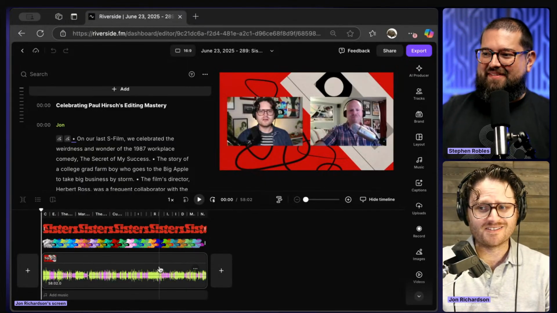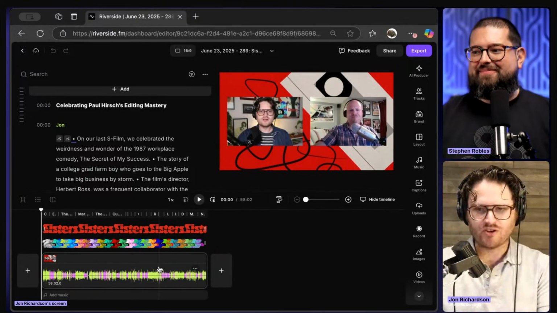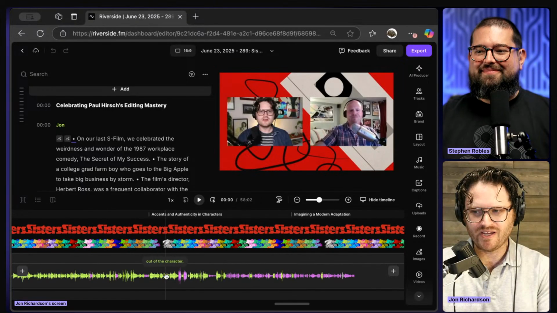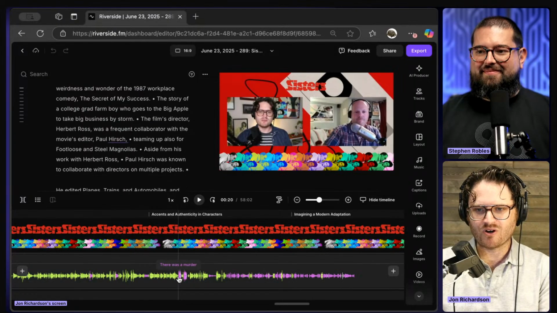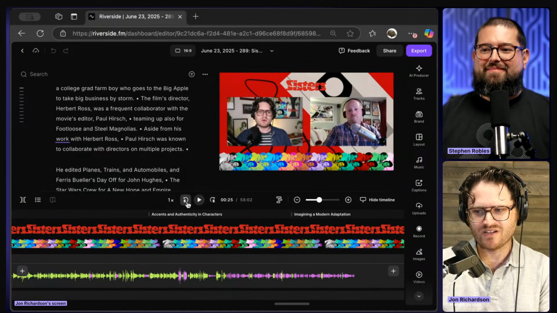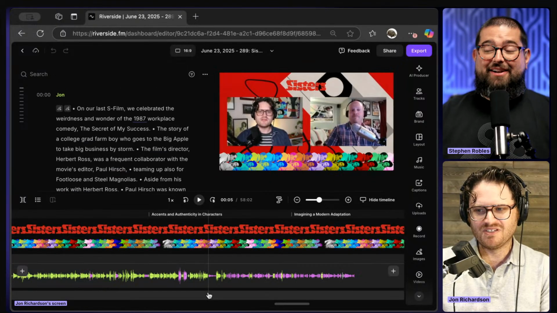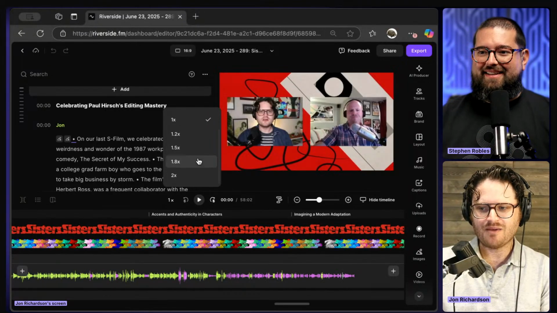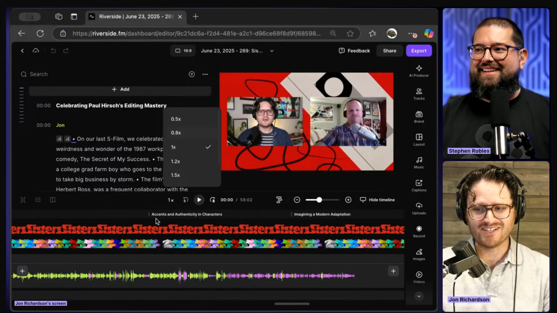Also, while we're just talking tips, don't sleep on the keyboard shortcuts too. Your plus and minus keys will help you zoom in and zoom out right here. Your J and L keys skip backward or forward 10 seconds or 5 seconds. You also have buttons here that do that, but you'll notice that next to each one, step back is J. And you can change the playback speed now, which is a game changer. You want to make it slower for some reason? Go nuts.